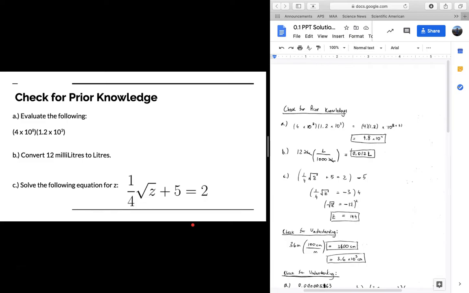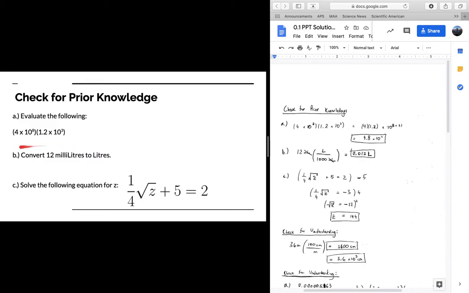Okay, so we are looking at today math prep for physics. We're moving on from our unit on scientific ethics and scientific literacy in order to look at the mathematics that are prerequisite for a course in physics. So specifically what we're going to be looking at, and these are encapsulated in our check for prior knowledge questions,